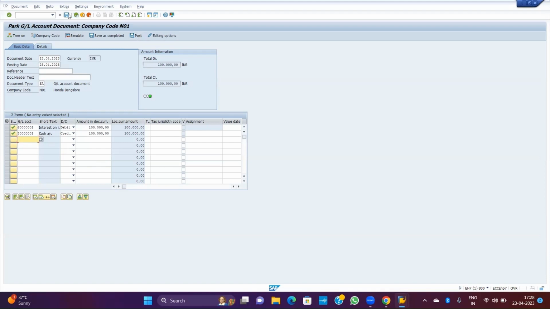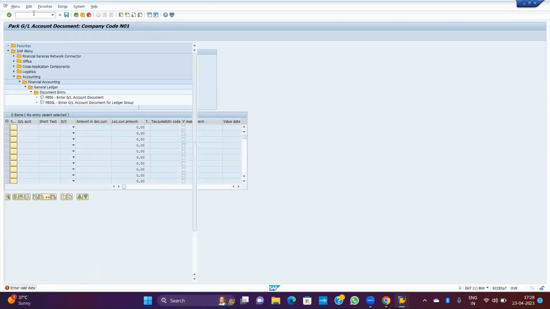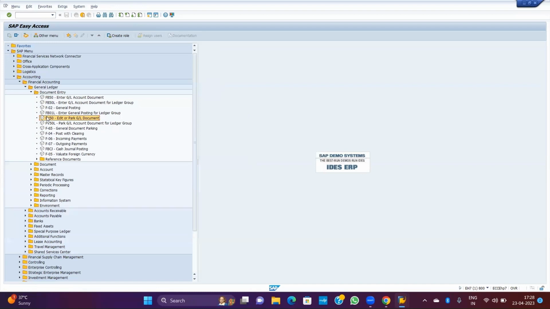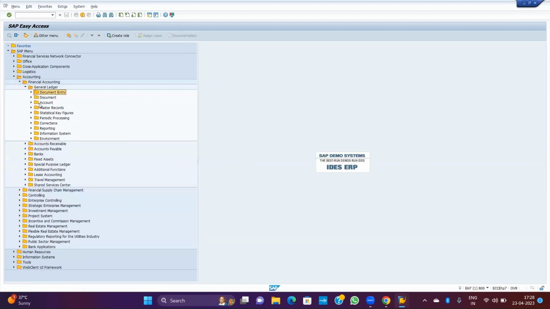But there is one button here called park. When you click on this, the document will just be parked. So I will just click on save and it will show me that this document was parked. Okay, so now this is one parked document. Once the document is parked, we can see it from the park document feature, but this document will not reflect in any of our